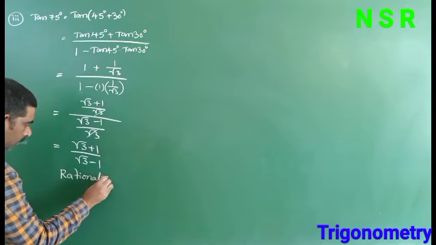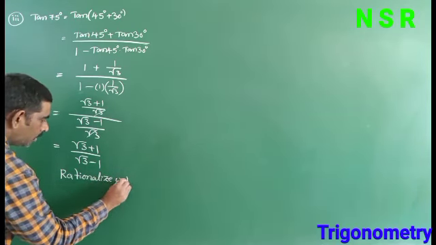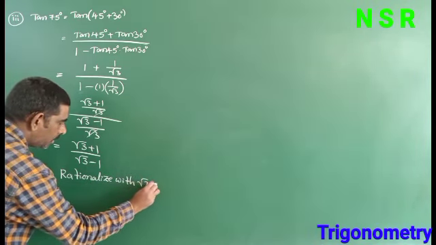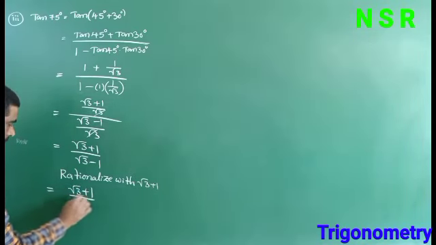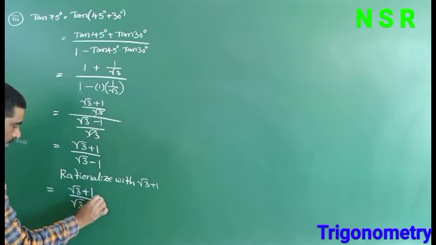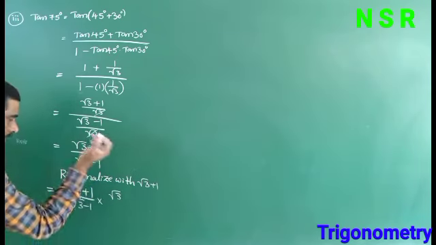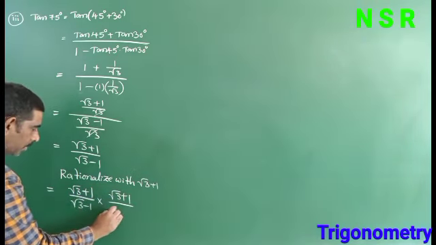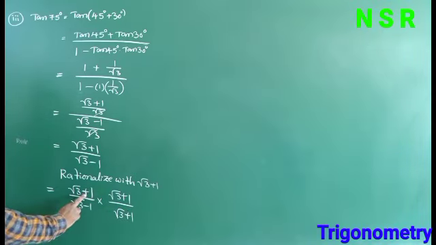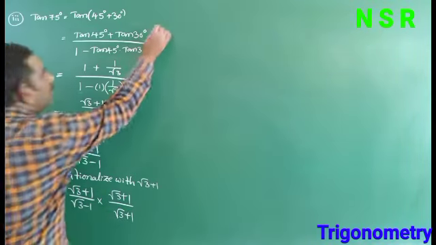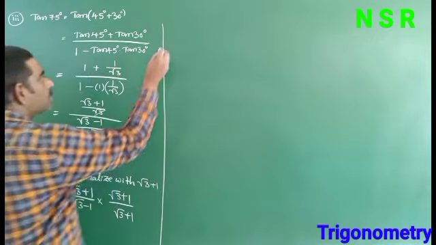Rationalize with root 3 plus 1. So we get (root 3 plus 1) by (root 3 minus 1). Rationalize with root 3 plus 1, which means multiply and divide with root 3 plus 1. So root 3 plus 1 into root 3 plus 1, (root 3 plus 1) whole square,